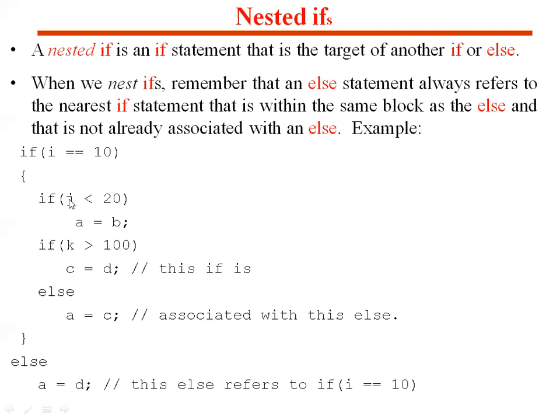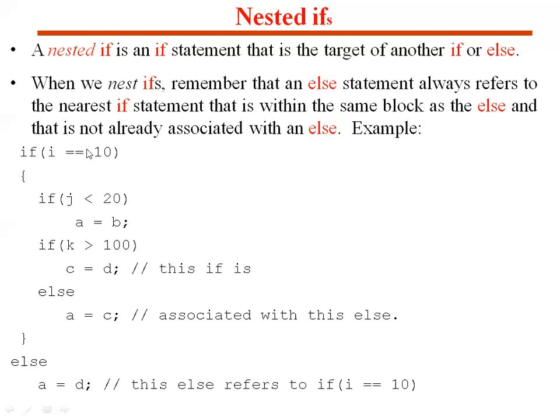So when the condition is true, you are executing this. Otherwise, you are directly going to the next if statement. There is no else for this first if statement, but this else belongs to this second if statement. Similarly, this else is there. And you have mentioned clearly, from the opening brace from here to here, this is the if statement, and this else belongs to this outer if statement.